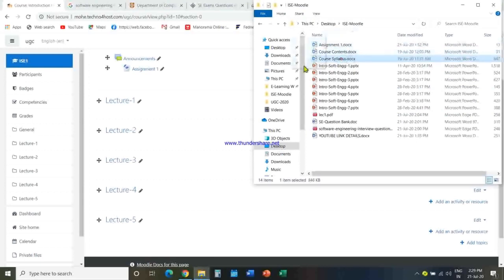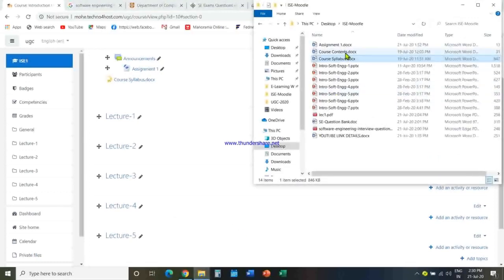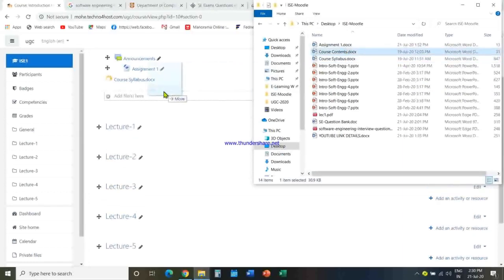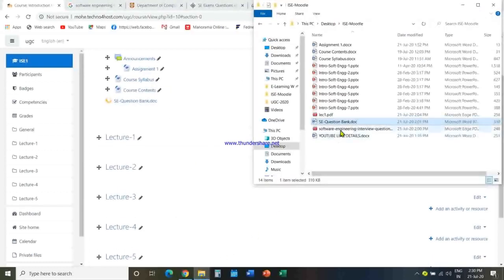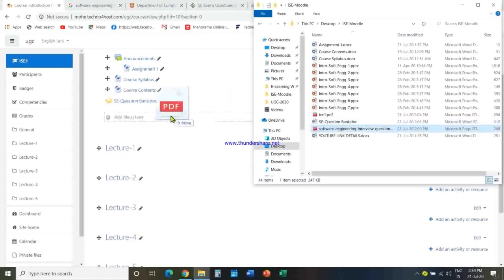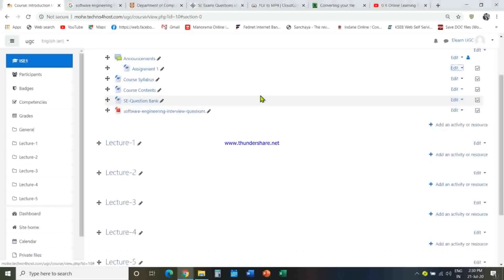The same way we can insert the other information, for example, course syllabus, then course contents, then software engineering question bank, then software engineering interview questions, etc. So in this way we can upload the materials.